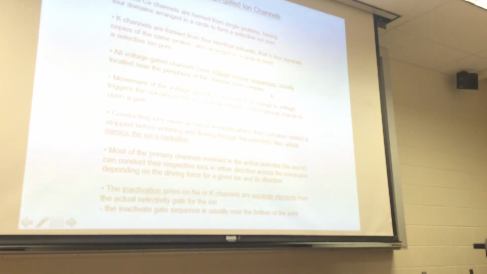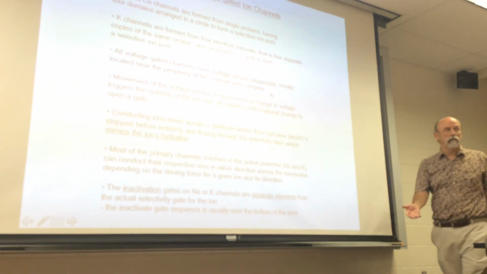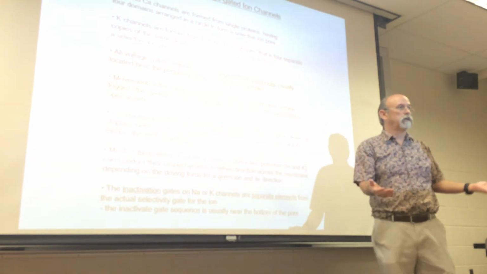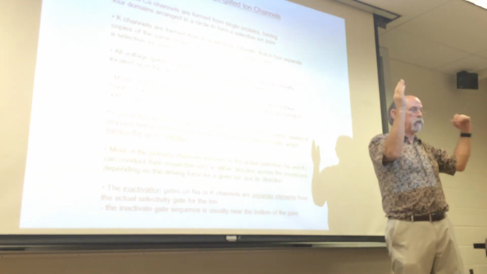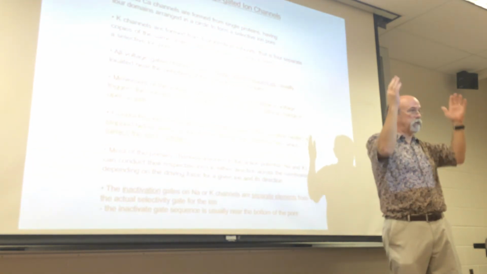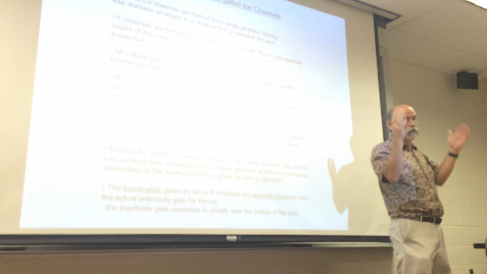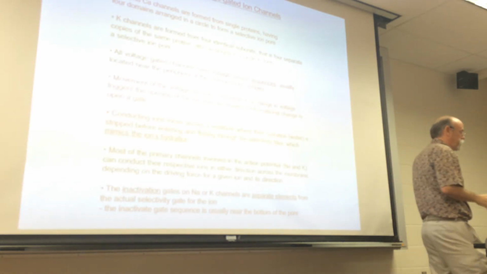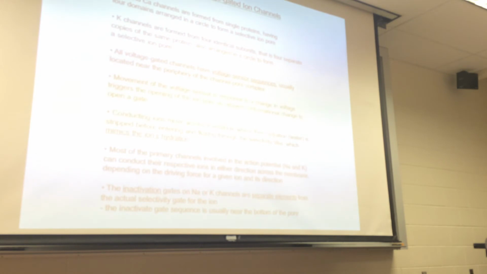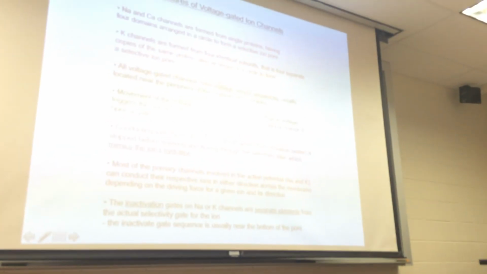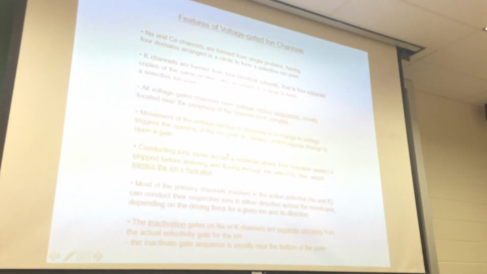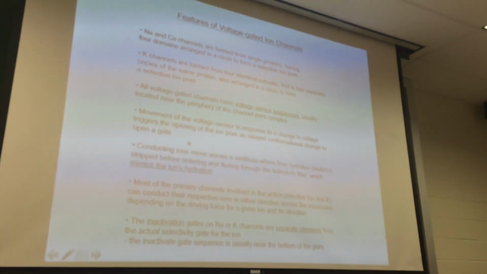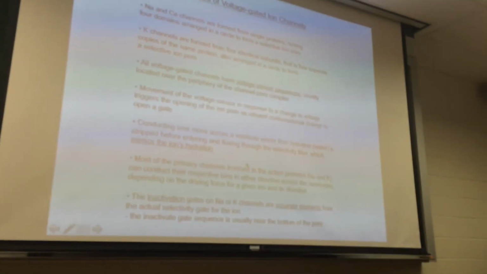So all the voltage gated channels have voltage sensors. Alluded to that in the very first lecture. Okay, so there's a piece of the channel out there that senses the voltage change, and it moves. And when it moves, that opens the channel. Usually on the outside, almost always on the outside. So that opens the ion pore when the voltage sensors move. The ions move across